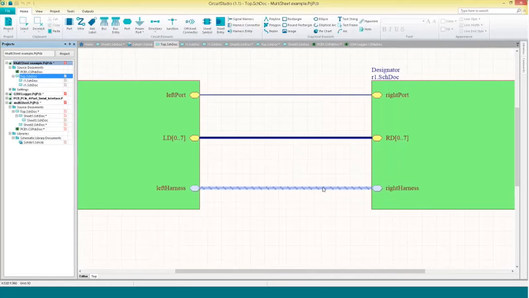So if you have any questions about the multi-sheet design, go ahead and enter them into the questions or chat panel. And while you're doing that, I'll go ahead and talk a little bit about the inspector, which is